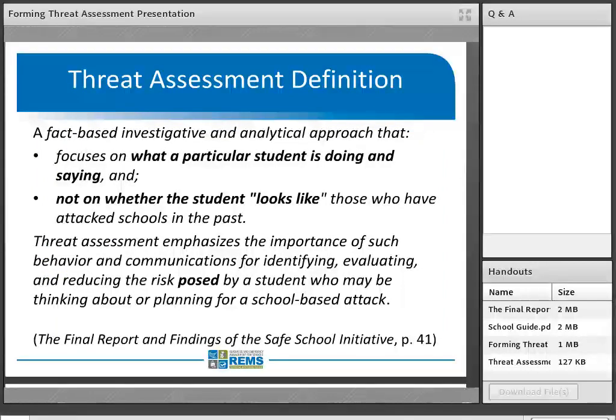To help provide some perspective, I'd like to define what a threat assessment is. The process has been defined as a fact-based, investigative, and analytical approach that focuses on what a particular student is doing and saying, and not on whether the student looks like those who have attacked schools in the past. Threat assessment emphasizes